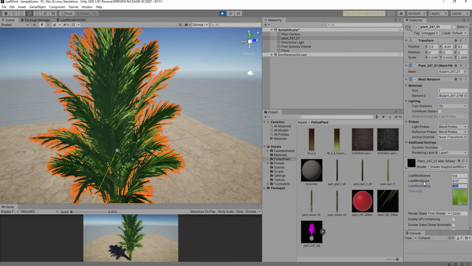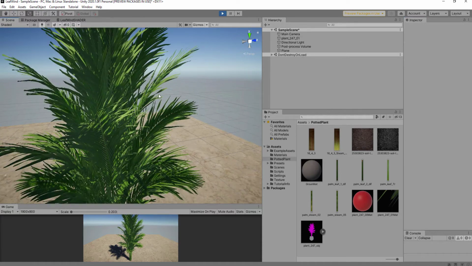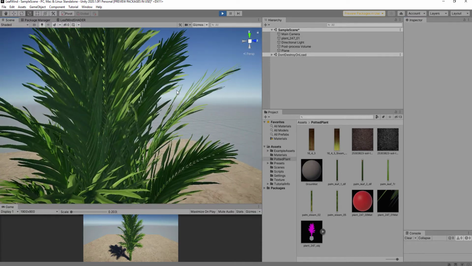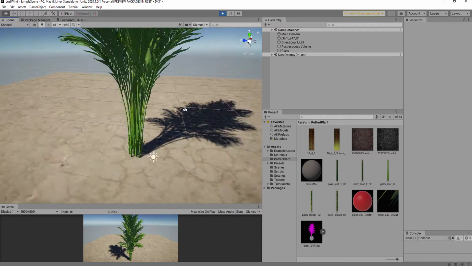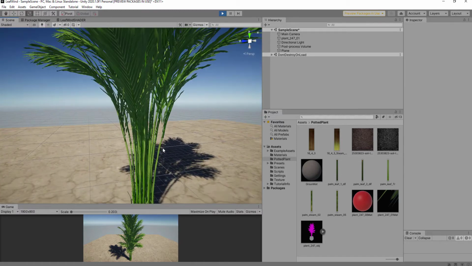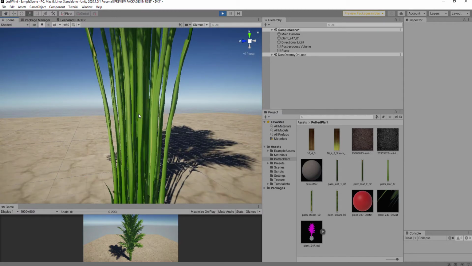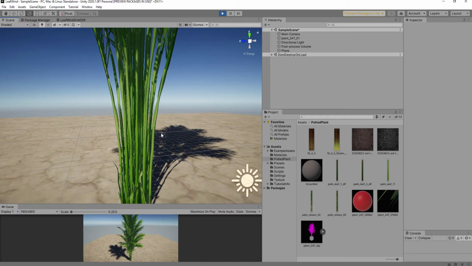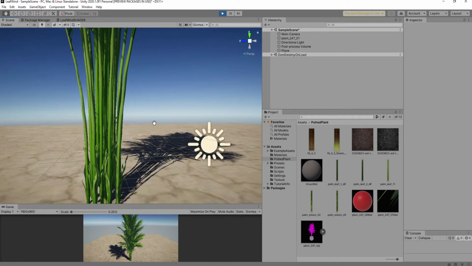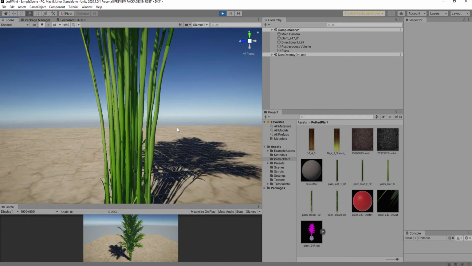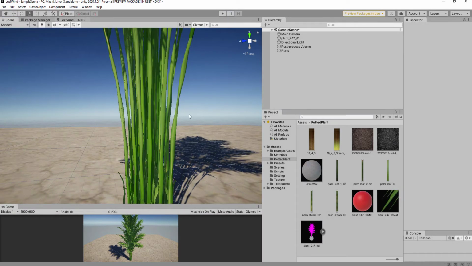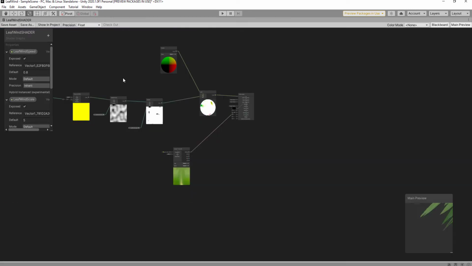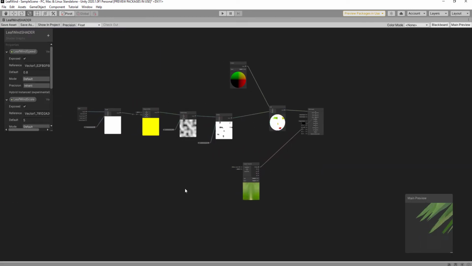Maybe this, maybe 7. Yes, but if you check our plant for this area, I don't want wave effect for this area. I don't want the lower parts of the plant close to the roots to be affected by the wind. So go back to shader graph again and